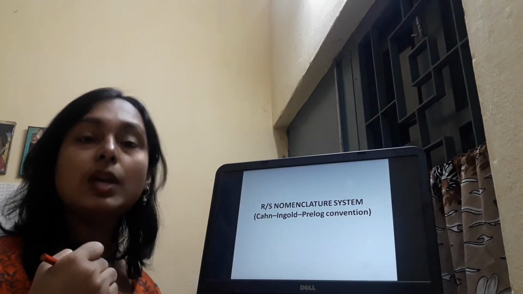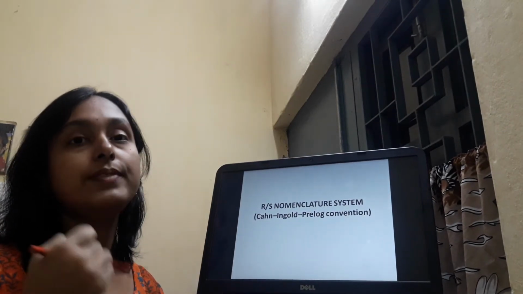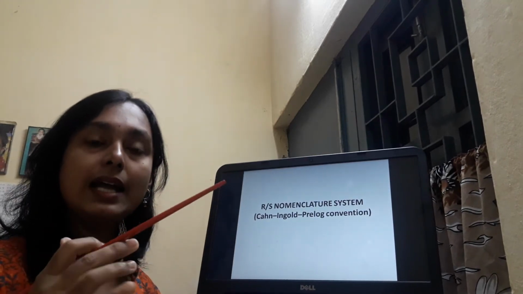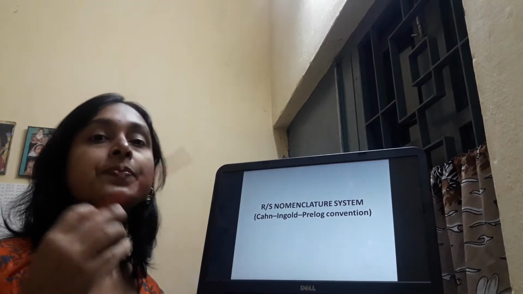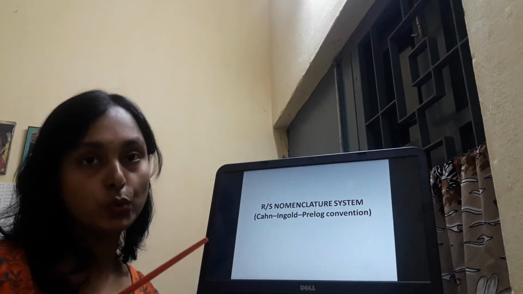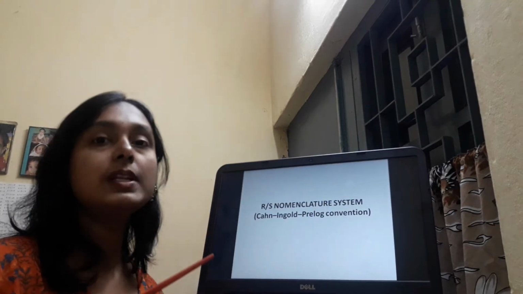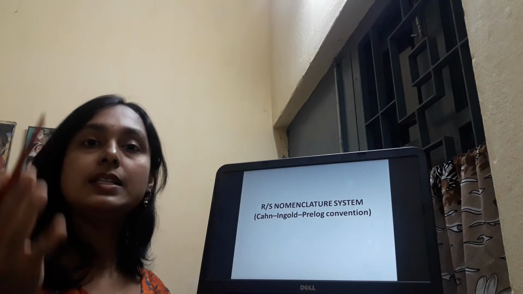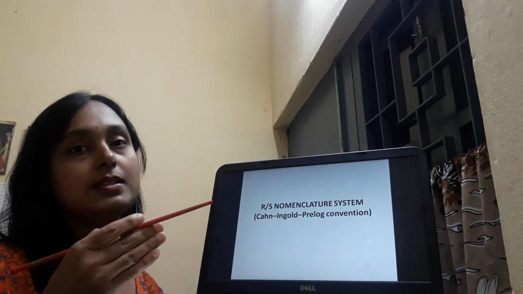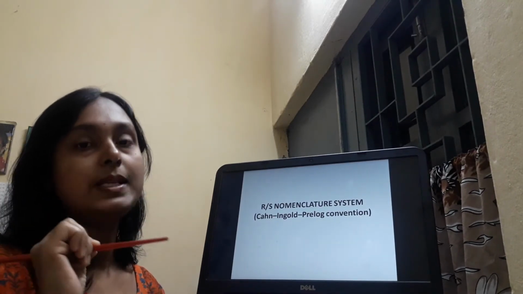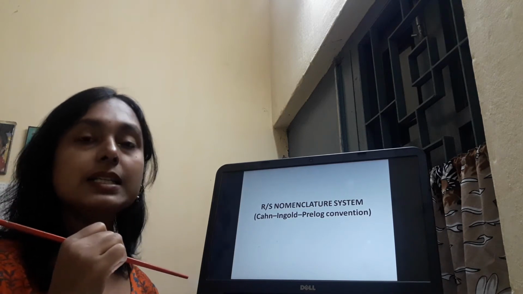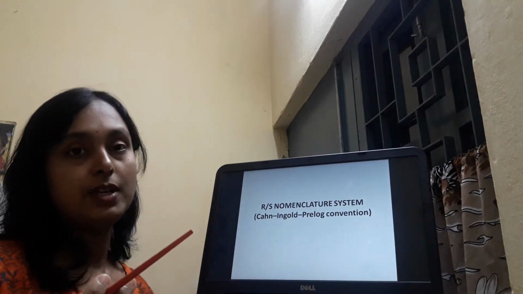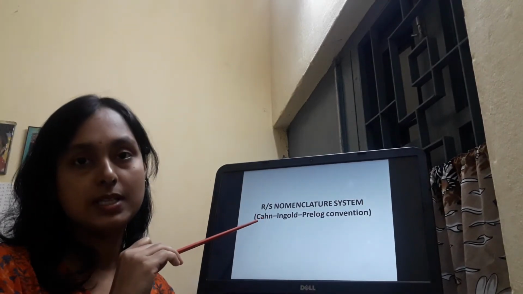In the DL system, when we consider any compound in Fischer projection formula, the horizontal line contains two ligands, at the right hand side and left hand side. If the negative group is at the right hand side, then we will consider it as plus or capital D, or if it is at the left hand side, then we will consider it as capital L. But there is some limitation. So to give any name and correct configuration, there is the RS nomenclature system.